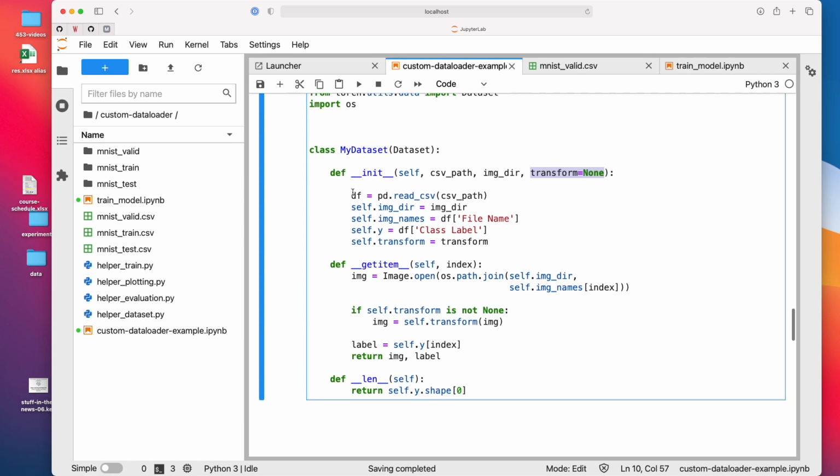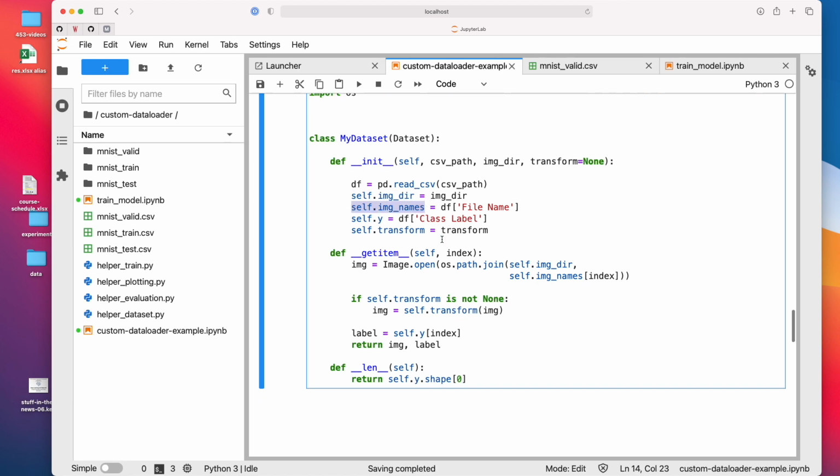So what's going on here is in the init, we are loading the CSV file and keep it attached to the data loader. We don't need it attached. One second. So we load the CSV file. We save the image directory to the self.imagedir attribute so we can use it later. And then we save the image names as self.image_names.